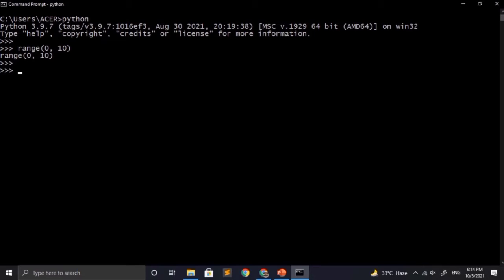Range function does not generate all the values in a single go because range function can take excessively long ranges, and if it generates values from that, each and every value will be stored on the RAM and it will take a lot of memory, which will make it inefficient.